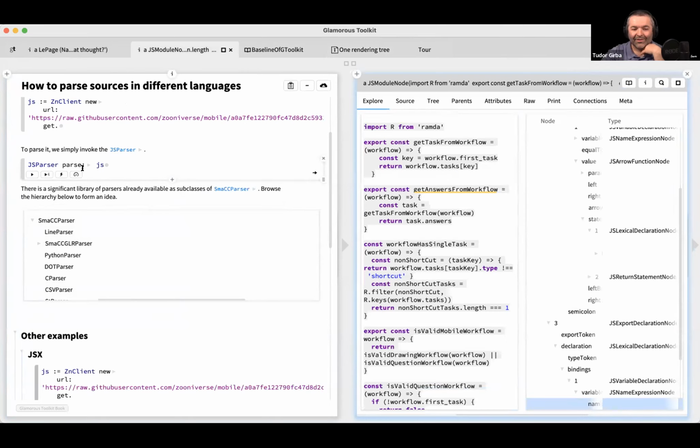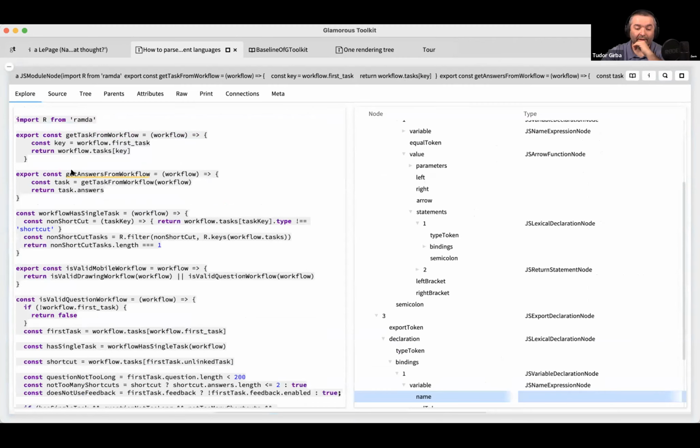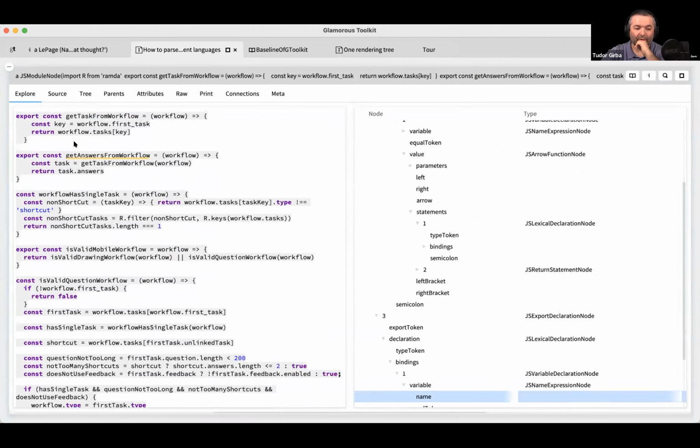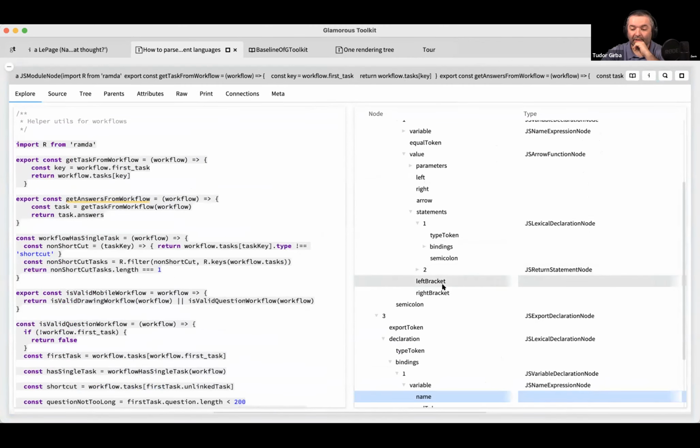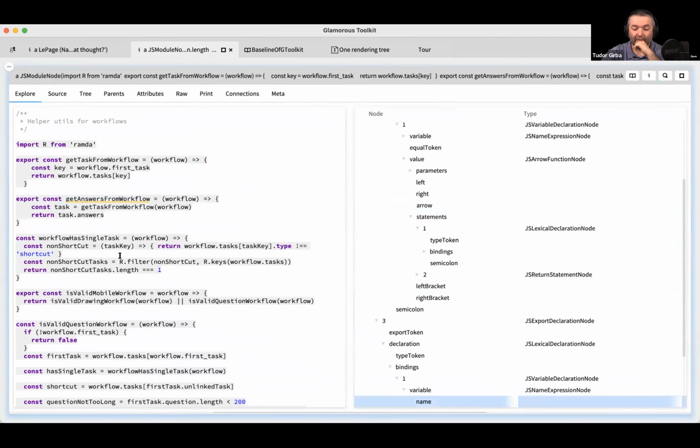Okay. So here, for example, I gave you this example in which I just downloaded some JavaScript from GitHub, and then I parse it over here. Now I see an editor in which I can see the actual JavaScript on the left-hand side. And then I can see here the actual syntax tree of that text. So now we have objects about that. This is a text thing.